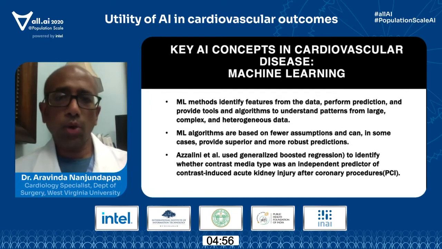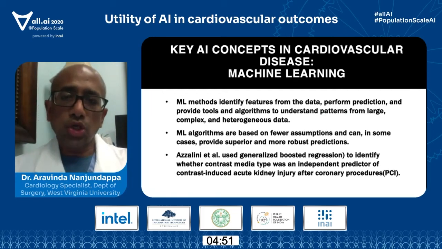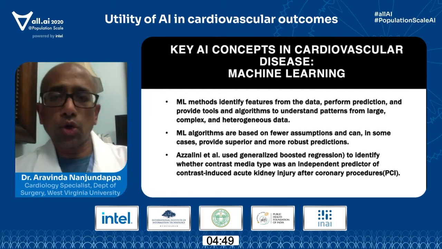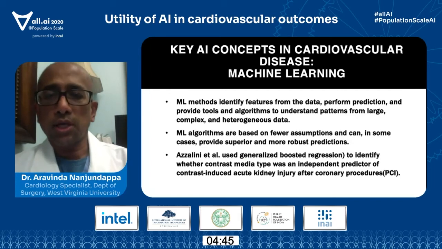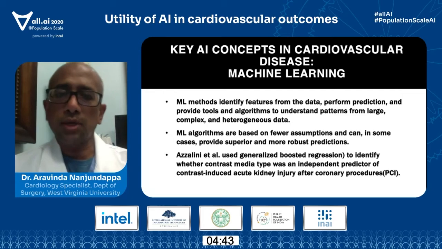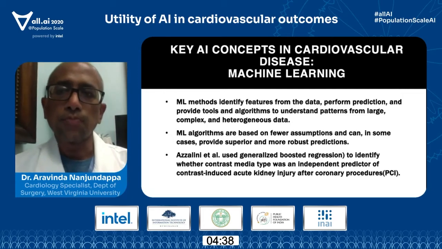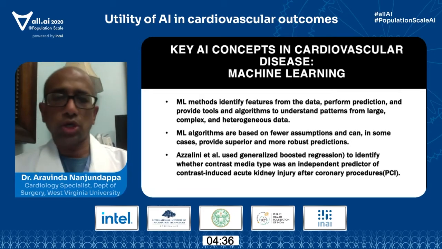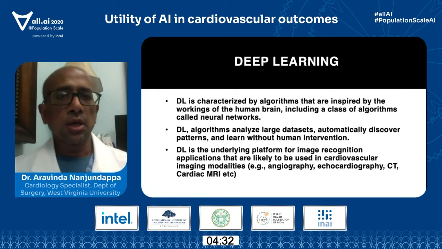Basically, can it provide a superior and robust prediction? One of the studies from Azalani showed that if you're going to do heart cath procedures like a coronary angiography, depending on the patient subset, like does the patient have diabetes, does the patient have chronic kidney disease, does he take any pain medications, can we predict the patient who is going to get kidney damage and who's going to end up on dialysis? So deep learning is inspired by the workings of the human brain, mainly the algorithms of the neural networks